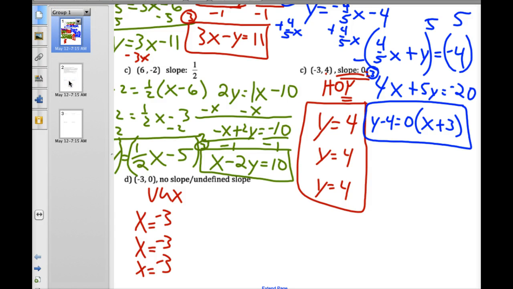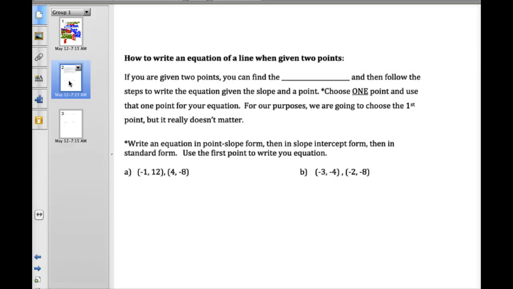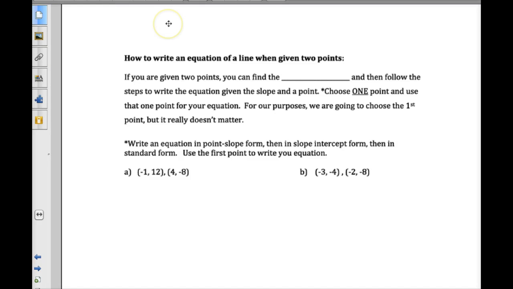Alright, we're going to do a couple more. It's a lot. I want to give you guys time for your homework. You guys seem to be catching on to this pretty good. Alright. What if you're given 2 points instead of 1 point and the slope? You have to find the slope. If you're given 2 points, find the slope. Okay? And remember, slope equals